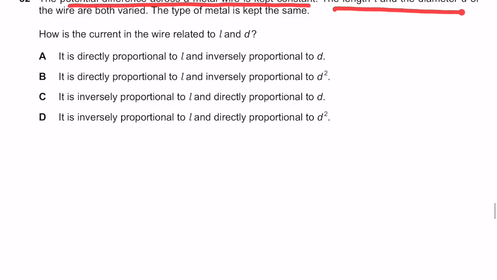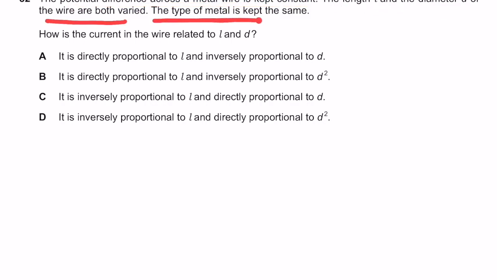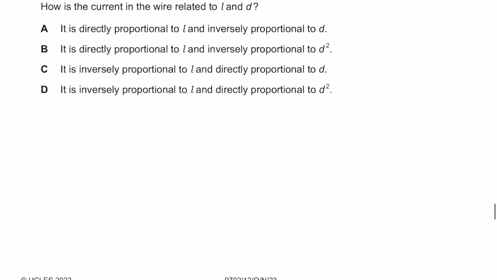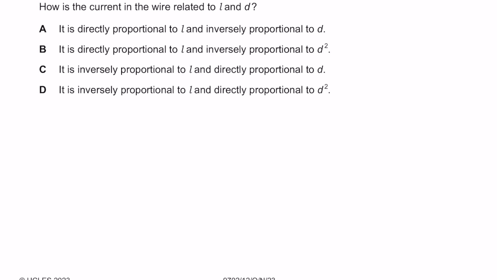The potential difference across a metal wire is kept constant. The length L and the diameter D of the wire are both varied. The type of metal is kept the same. How is the current in the wire related to L and D? Let's think about it. We know any kind of conductor follows V equals IR, but R, the resistance of a wire,